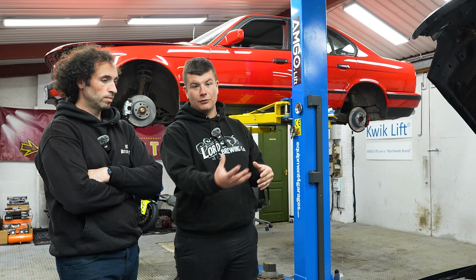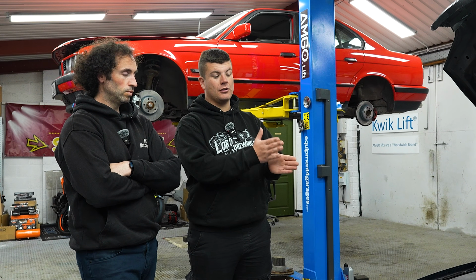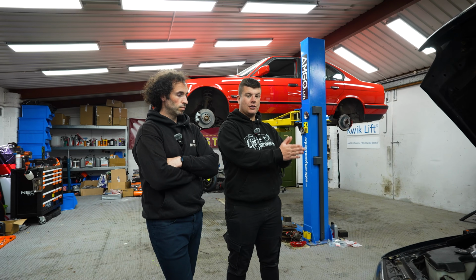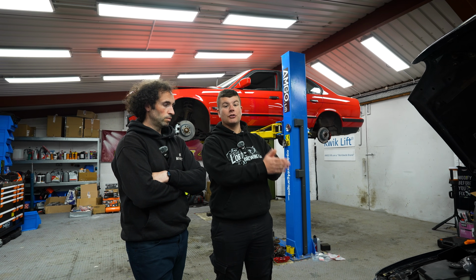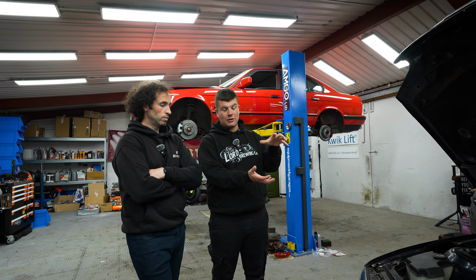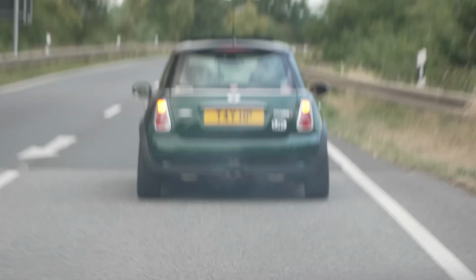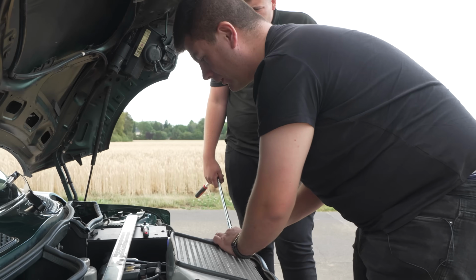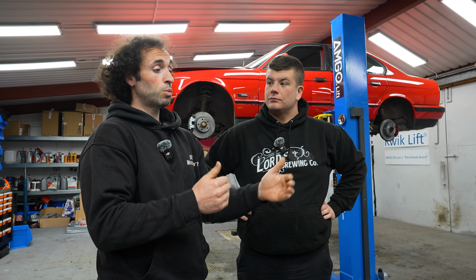And now the reason for that is because when you supercharge or boost a car, you need to keep an eye on your air-fuel ratio. If it runs too rich, you could foul up your plugs, you could glaze the balls, you could do damage in that way. If it runs too lean, the cylinders actually get a bit too hot. You can melt pistons and melt valves, which is exactly what I did in my R53 on the Autobahn at 140 miles an hour. The thing that has to be done now is actually investigate what's wrong with the engine